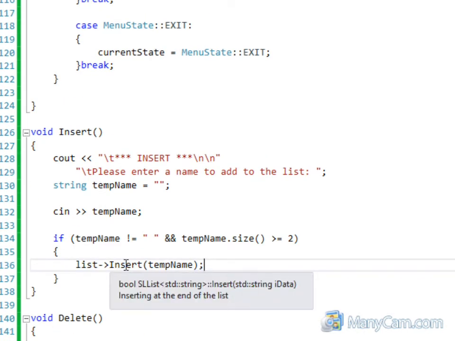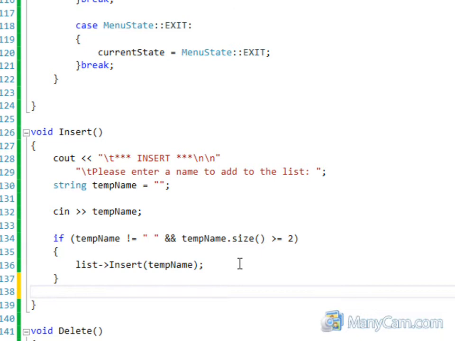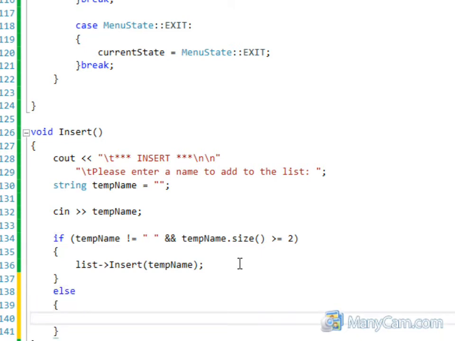Now we can actually insert the name. And if it's not greater than 2, and if it is empty, then we are going to say, sorry,